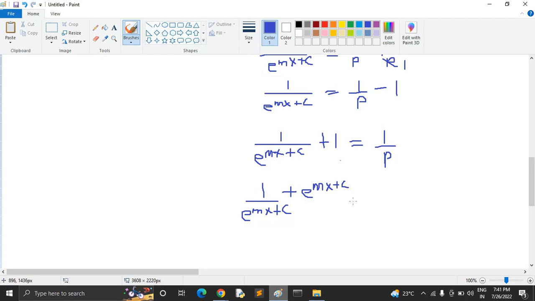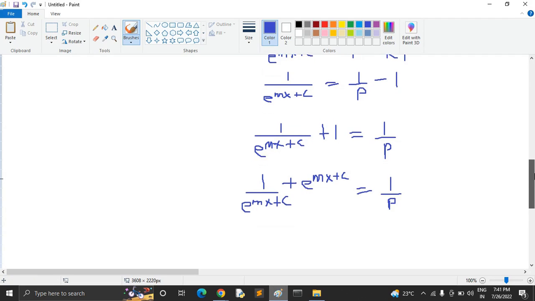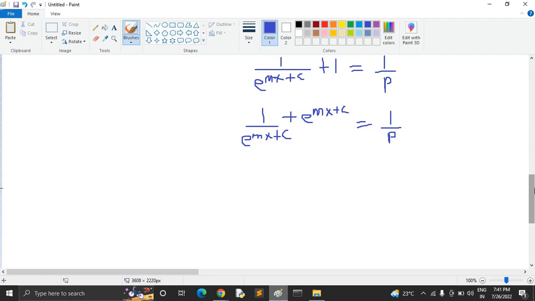All right, and at right hand side it will be 1 by p. Okay, now what I will do is I'll just take the reciprocal once again. After taking the reciprocal, it will be like e to the power mx plus c, denominator will become numerator,